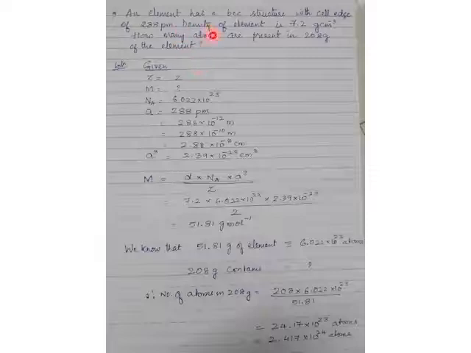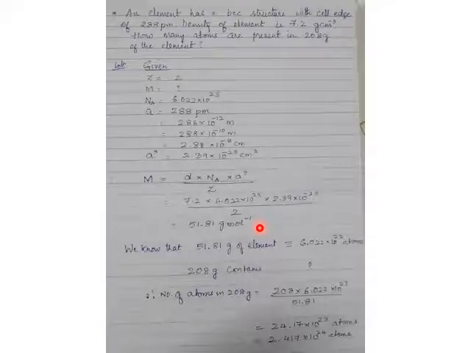In the question, they have given the density and they are asking how many atoms are present in 208 gram of the element. Different methods are there by which it can be calculated. So in one method we'll follow here, we'll calculate first molar mass. Why we are calculating molar mass is, once you get the molar mass, you can relate it with Avogadro's number and you can find out the number of atoms in the given mass of the element. So once we calculate molar mass using the relationship d N_A a cube divided by Z, you will get molar mass as 51.81 gram per mole.